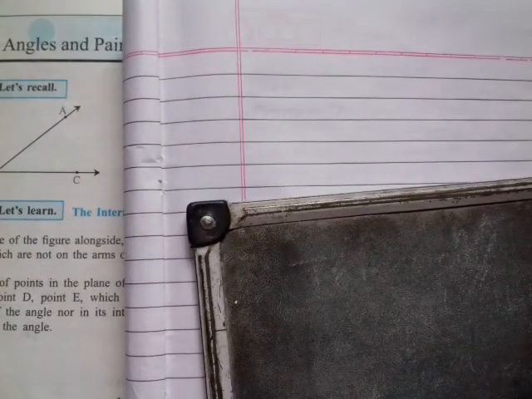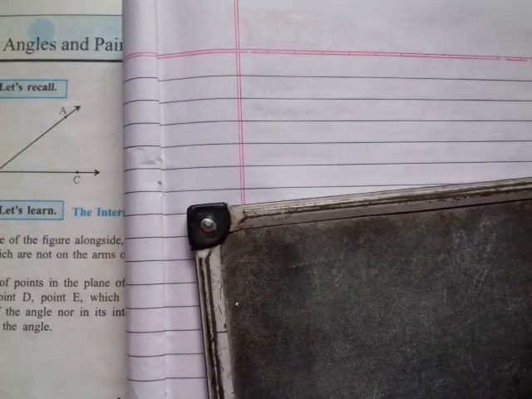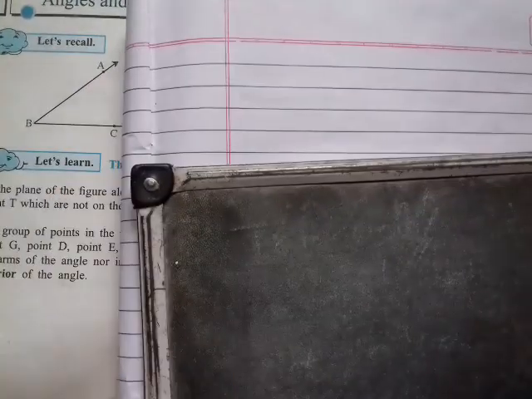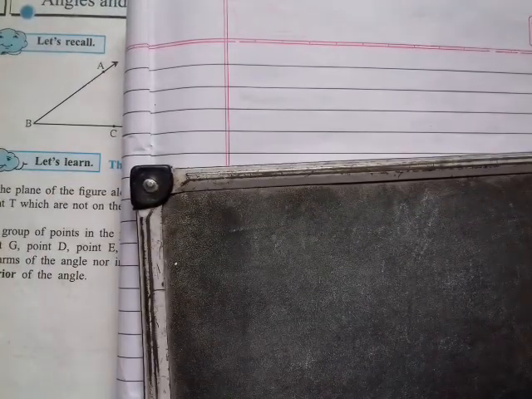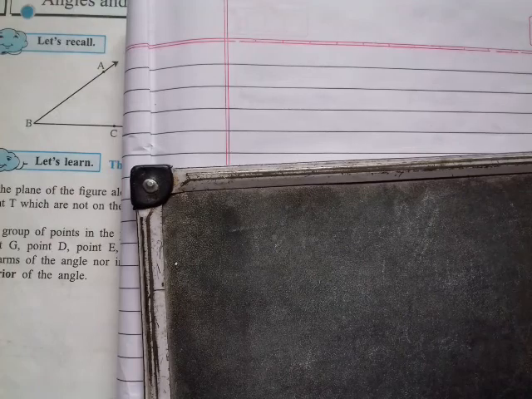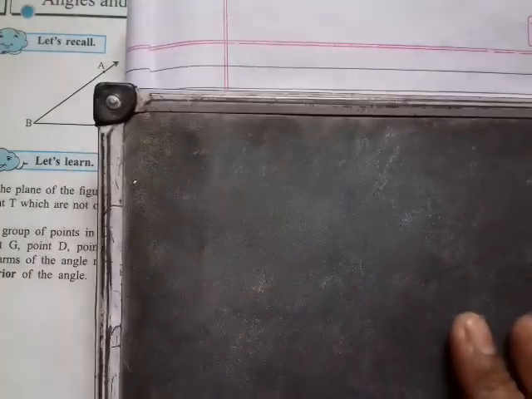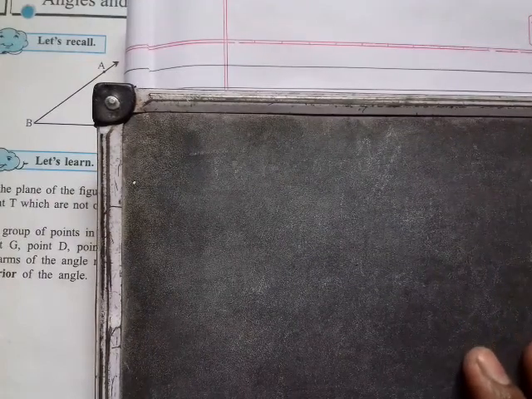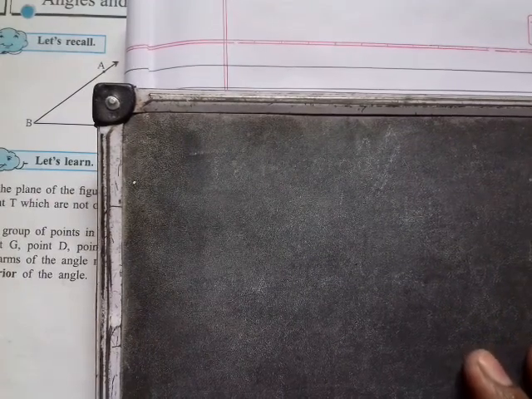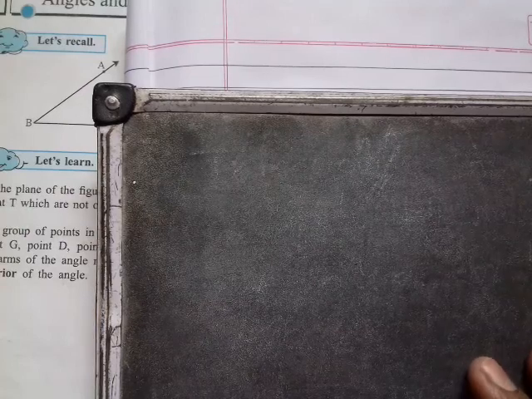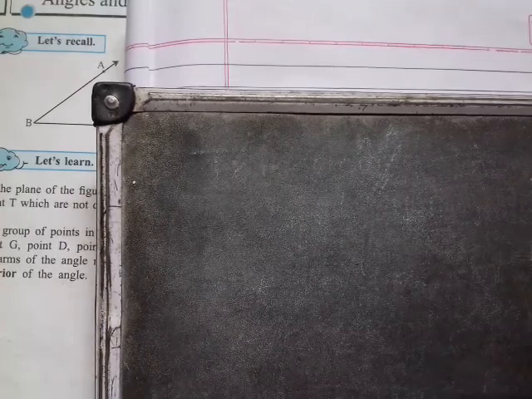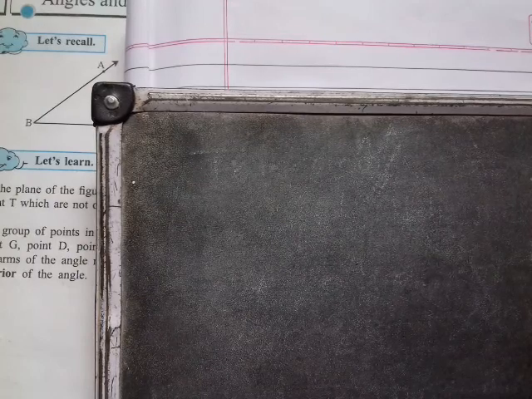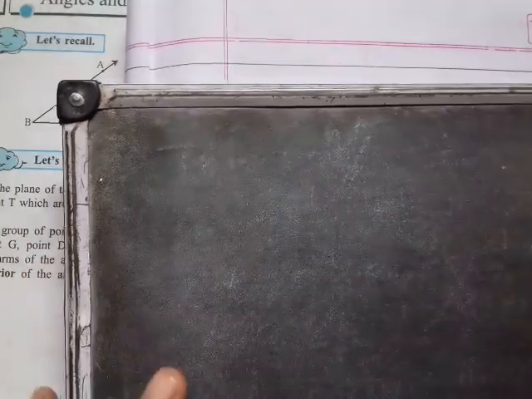Morning students, standard 7. Our next topic is angles and pairs of angles that we are going to study. Before that we will study the basic things, how we are getting an angle. See how to draw an angle, you studied in fifth standard. Afterward, different types of angles we studied in sixth standard, and now here there are different types of pairs of angles. Before that, what is meant by angle?